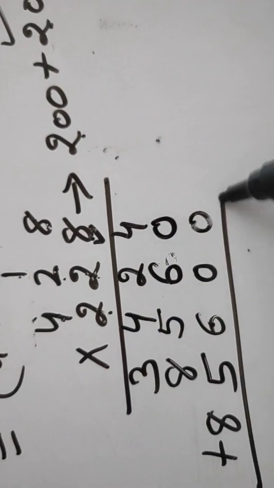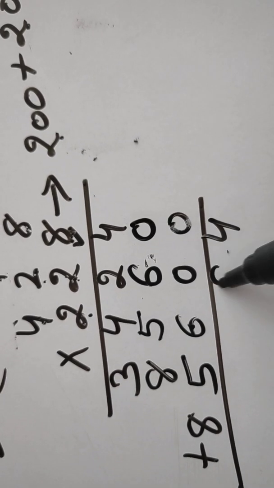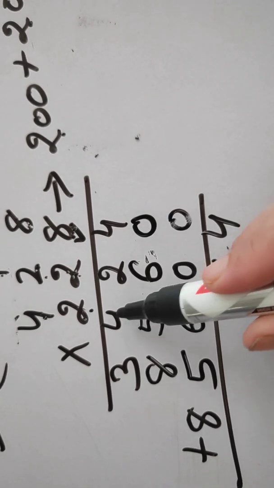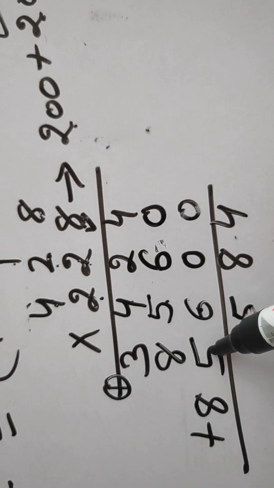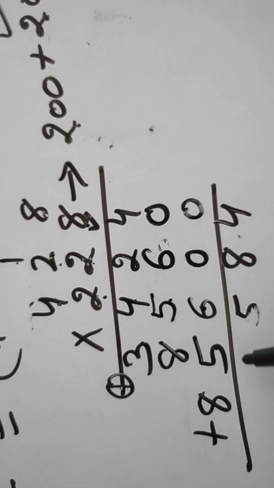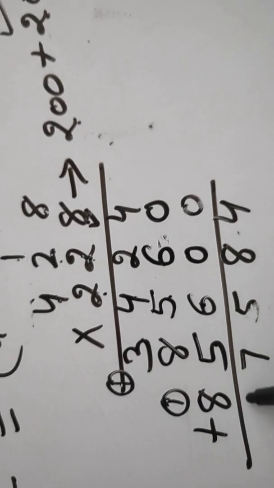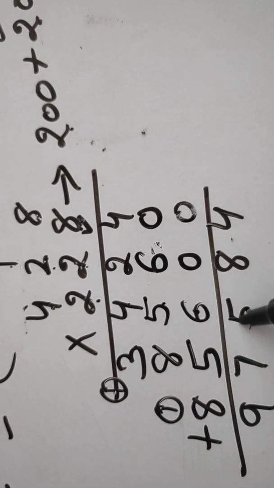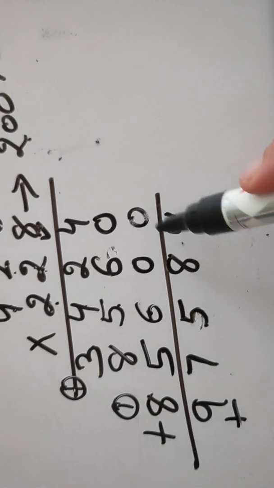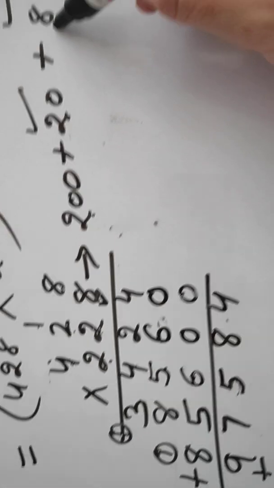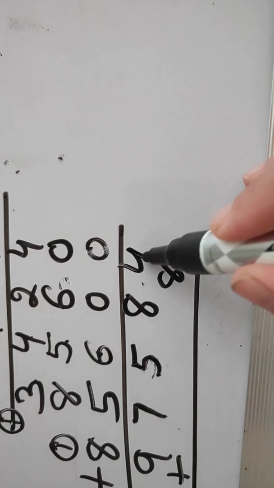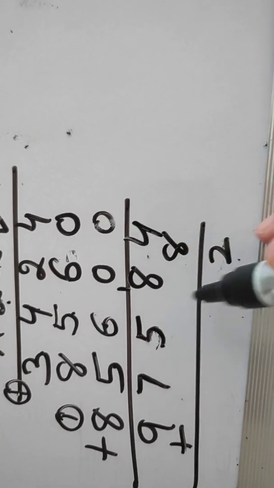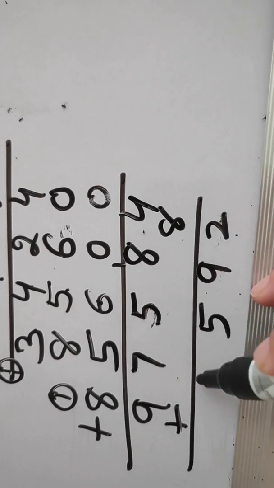You will add this. 4, 6 plus 2 is 8, 6 plus 5 is 11 and 4 is 15. 1 goes as a carry. 8 plus 5 is 13 plus 3 is 16 and 1 is 17. 1 goes as a carry. 8 and 1 is 9. Now in this we have to add the remainder also. Remainder is 8. I added here 8 also. 8 plus 4 is 12. 1 goes carry, it becomes 9, rest same.